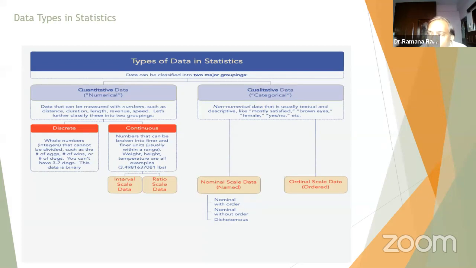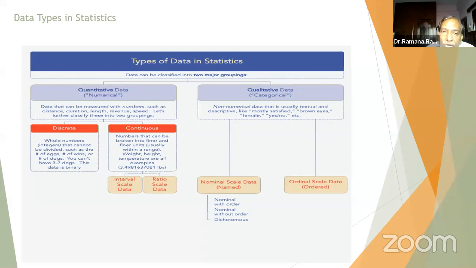You will have ranks. In a class, you will have rank one, rank two, rank three. You will have ordinal scales. On an ordinal scale, no mathematical operation is possible. That means you cannot say rank one plus rank two is equal to rank three. Such operations on ordinal data are not possible. On named data, as I said, you will get whether the service is satisfied or not.